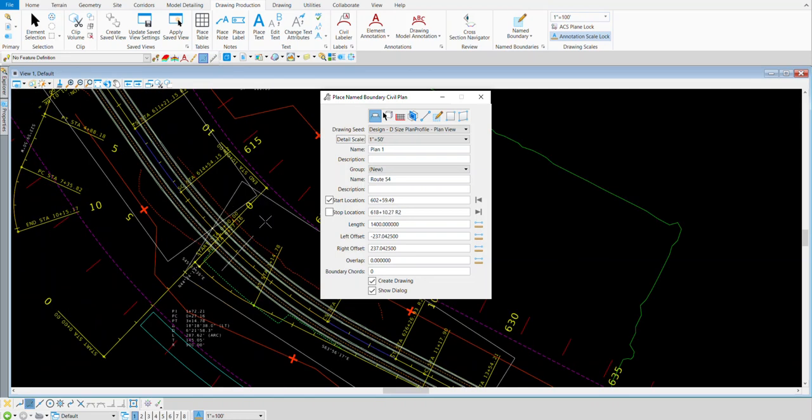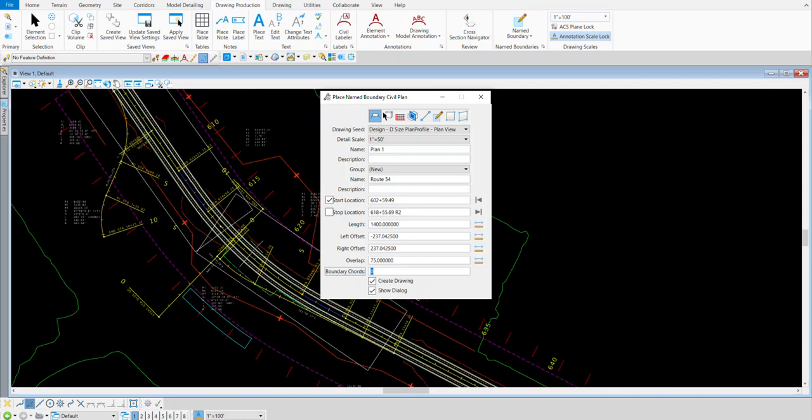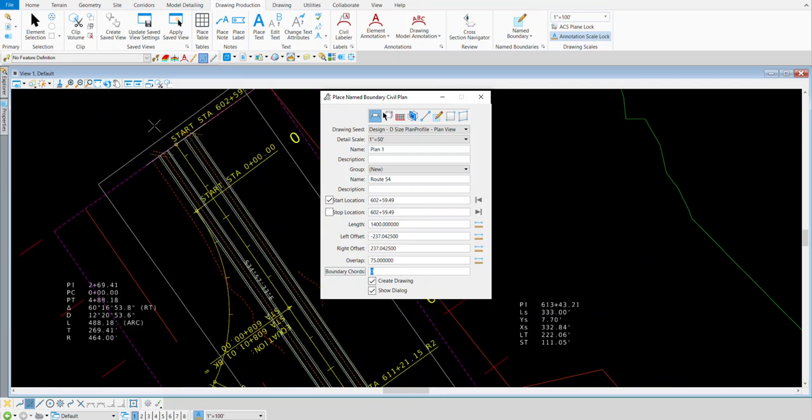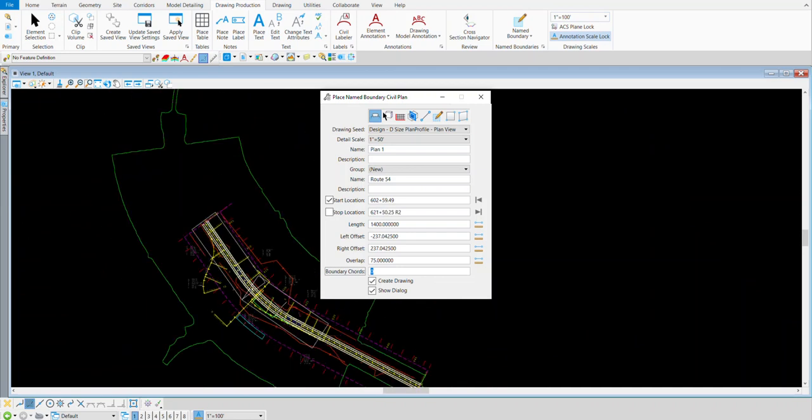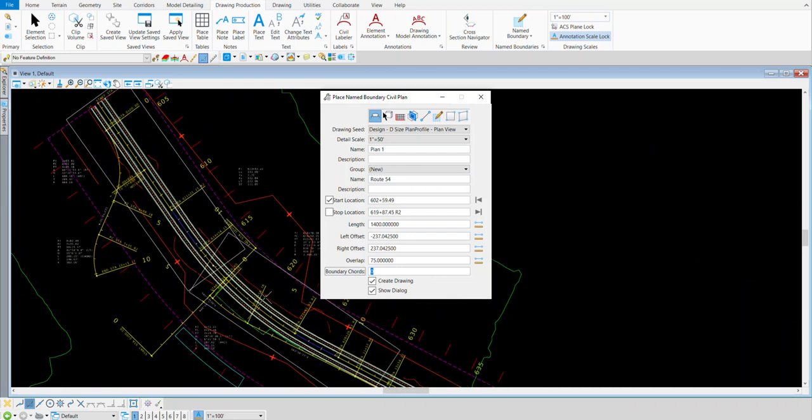Now right now you can see that if I get that second sheet, I'm missing some edge of pavement and shoulders here. So what we want to do is an overlap, 75, and hit enter. And now when I do it, you can see we've got room. We're getting all the edge of pavement and all the stuff that we need to see. You'll also notice at the beginning, it has moved off of the very beginning start point and gave us some room. So overlap helps with a couple of things. Okay, so once we've got that overlap checked on,